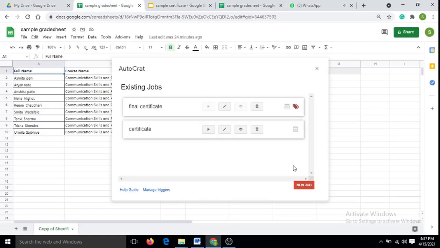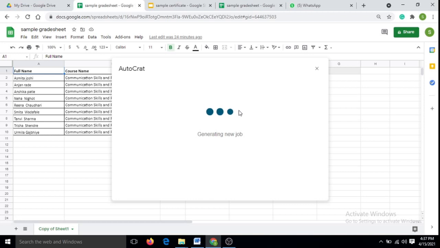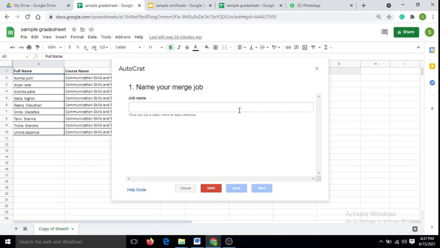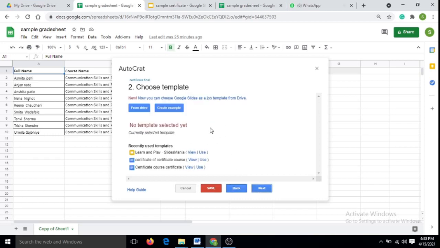Here you have to go to new job, name your merge job. You have to name the job. You can say certificate final. Next, then you have to choose a template of the certificate.